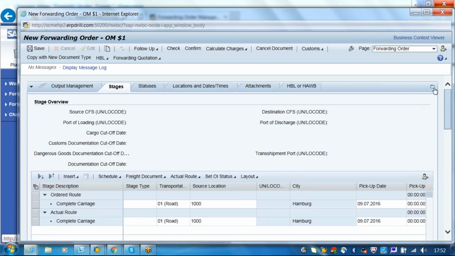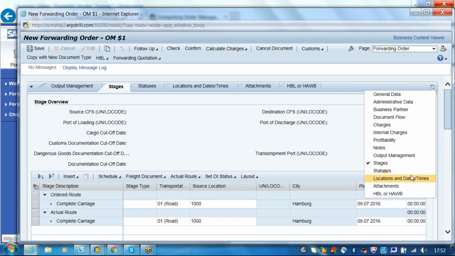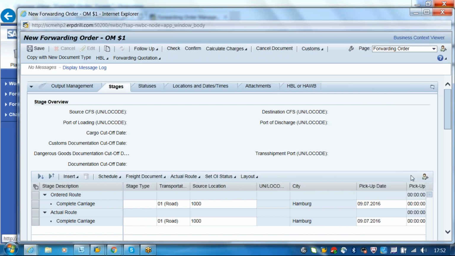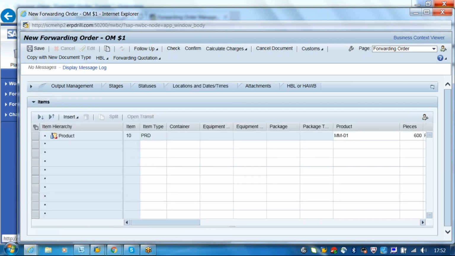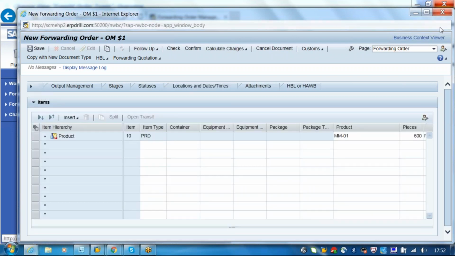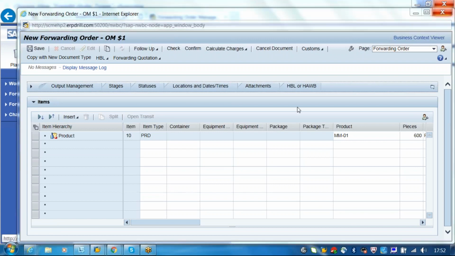Here it is showing only one. Okay, I think this document type is not relevant for door to door.